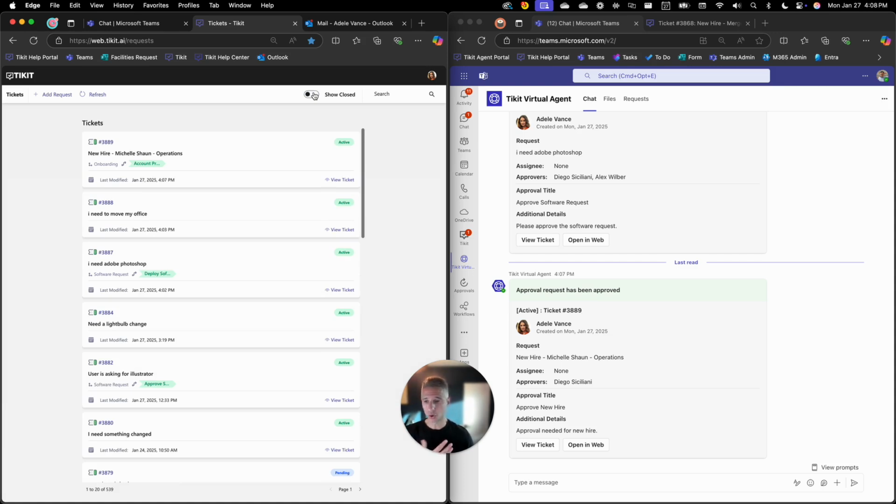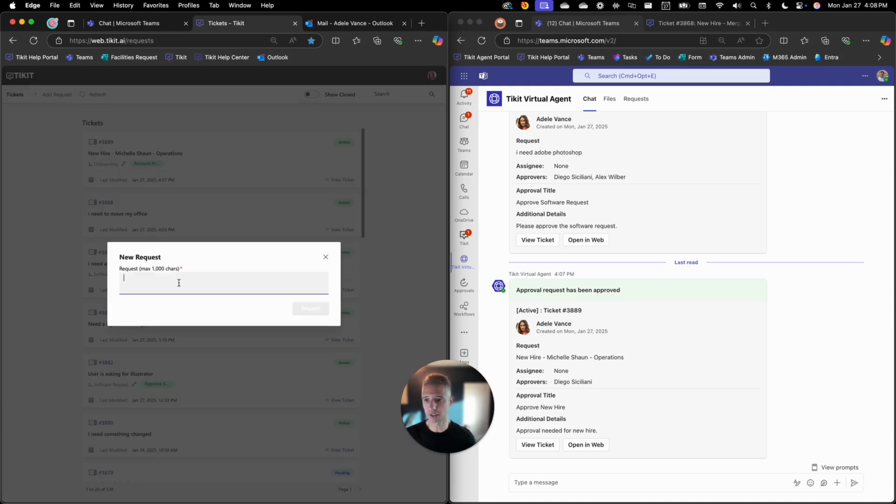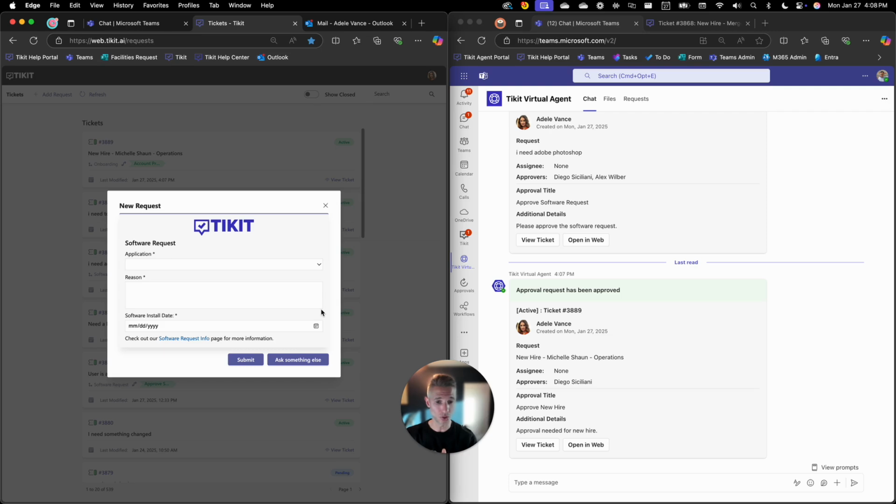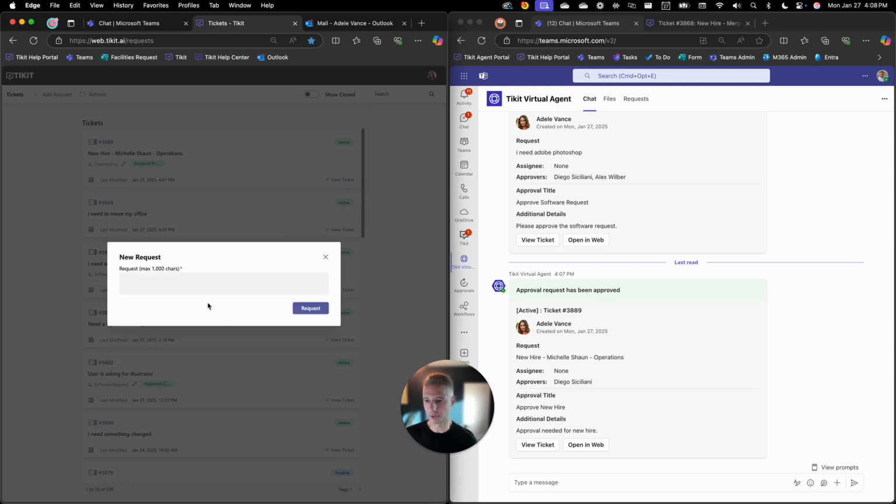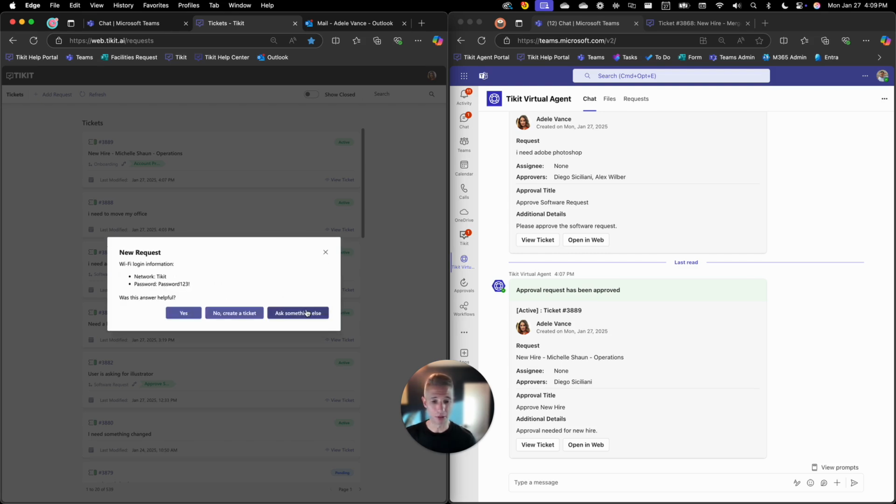This experience also allows for her to create tickets. So just like in Ticket Virtual Agent, this is conversational. So if I say, I need Adobe Photoshop as an example, we're going to search our knowledge experience and see if there's a particular knowledge base article or form. Here's that form. If I were to say the Wi-Fi password as a different example, that would bring back the